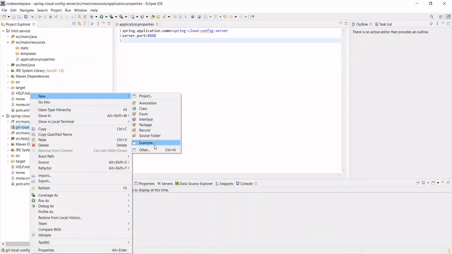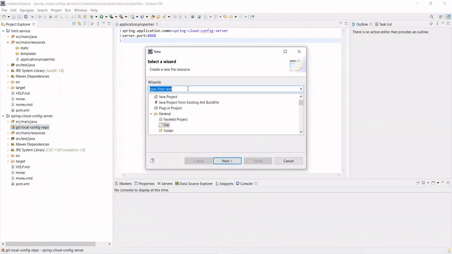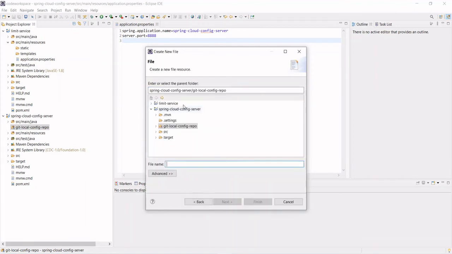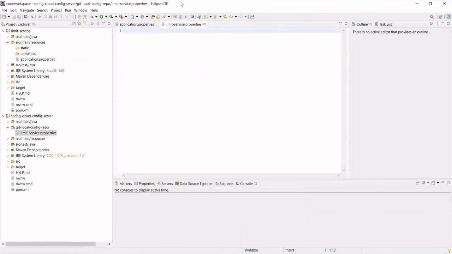New, Other, select File. It's not already available, so you can type it here. Next, give the file name. You are creating a config for limit service, so limit-service.properties. Finish. Now you have a ready file for limit service properties.